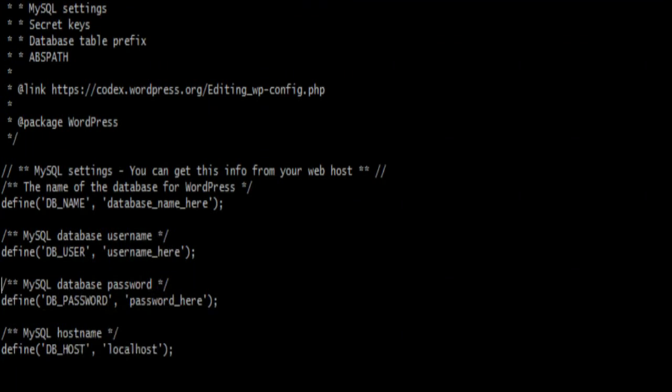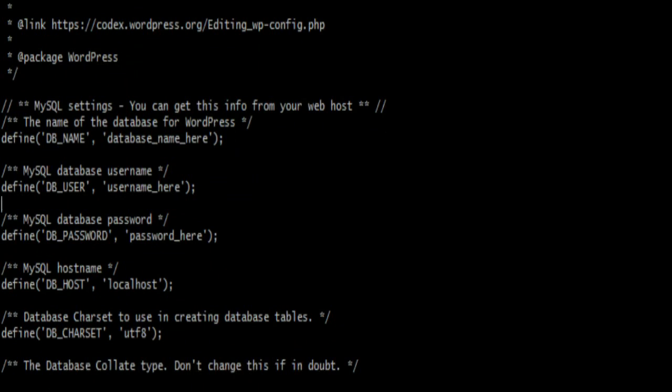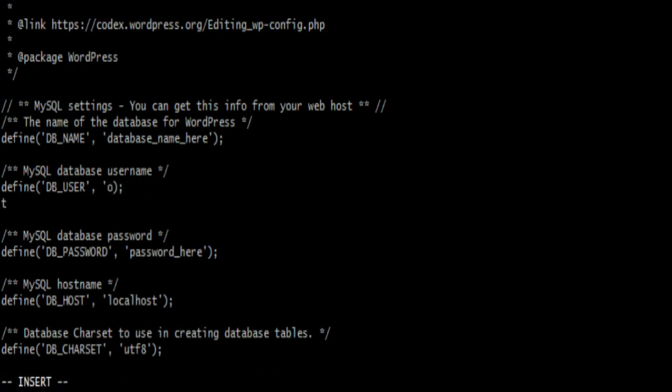Here you need to mention your database name, your username, and all those things. As for the username, I have not mentioned any explicit username, so the username is root.